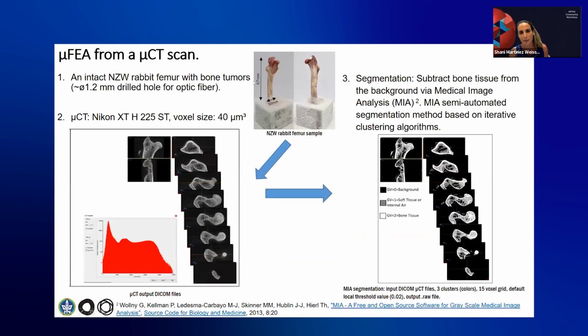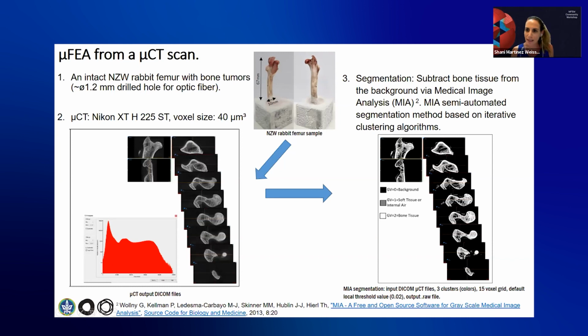Okay, so this is my sample, a rabbit's femur, which is CT scanned with a voxel size of 40 micrometers. Then we segment the scans to extract only bone tissue voxels, which you can see as the white color in the pictures.